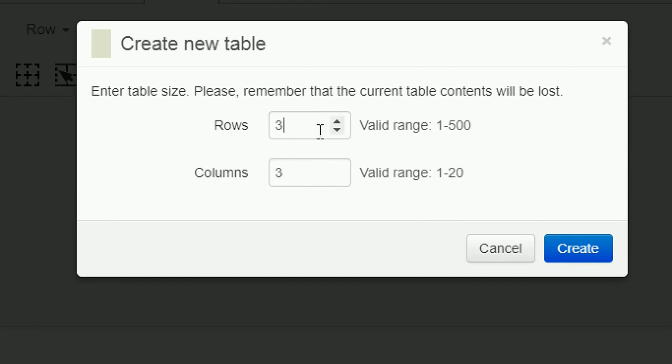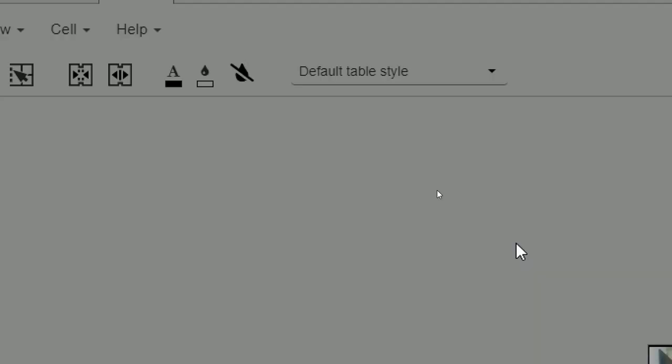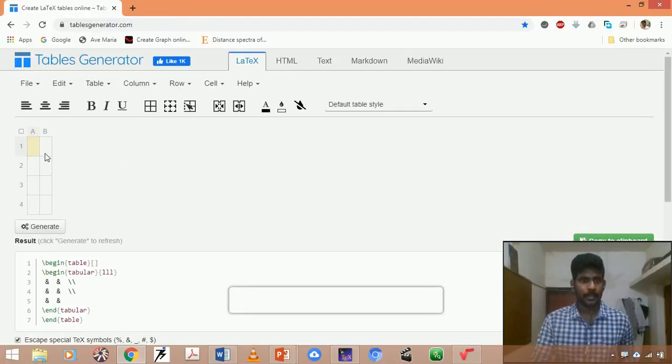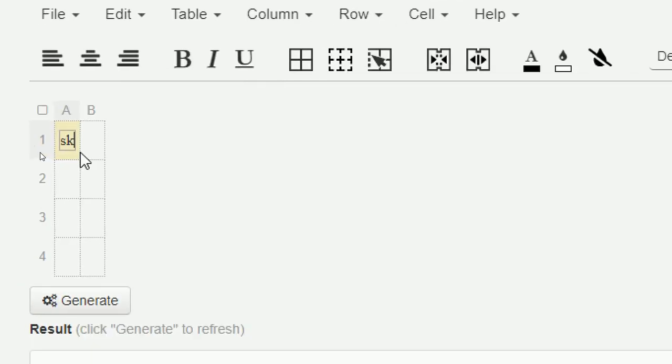Here I can fix the number of rows like 4, and columns like 2, whatever is convenient. After this, just simply create. So it was created with columns and rows. Simply I can double click and feed some text.